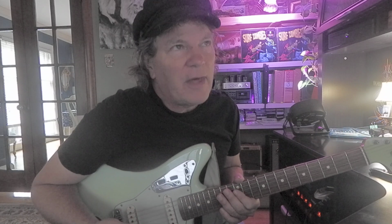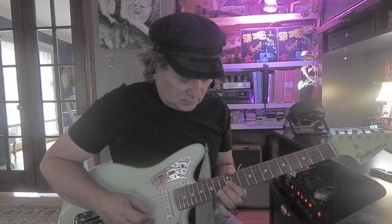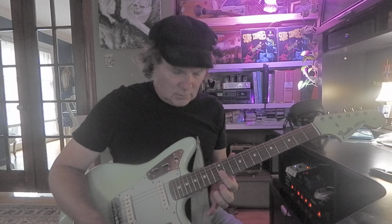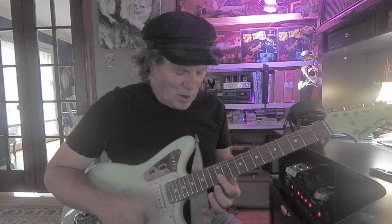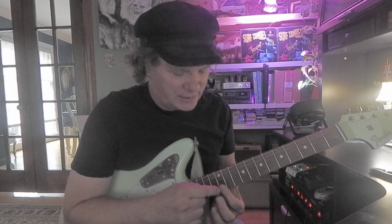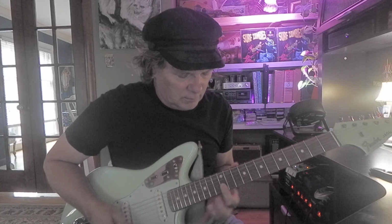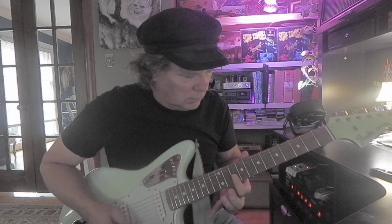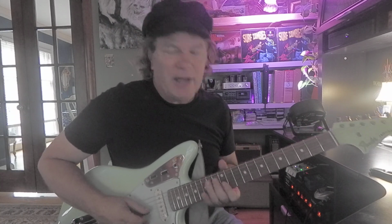So work on that, and then you can add this. Check this out. Hey, that's cheating with the whammy bar, but I'm just laying my first finger flat on the first and second strings. Pointer finger flat. Very important. That suggests that kind of stuff. But you can also do this